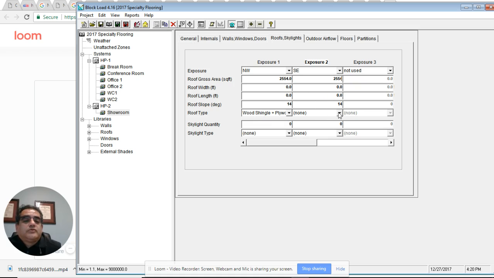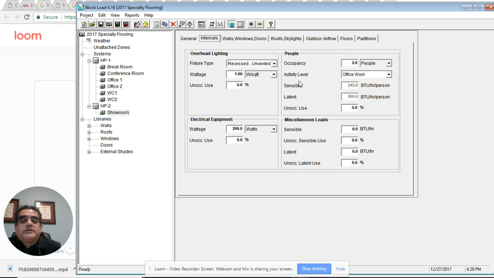Anyways, so what else? Oh, of course, I almost left out the roof type. Let's make sure we pick a roof type because it'll freak out. Internals, that's how many people are in here. It says there were 77 people. There's usually not that many. But here's what I'm going to do. I'm going to cheat because there's hardly ever 77. I'm just going to lower the activity level a little bit so we're not